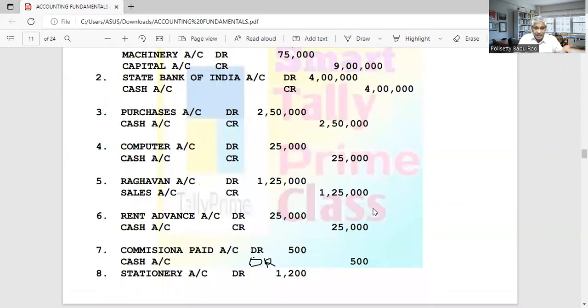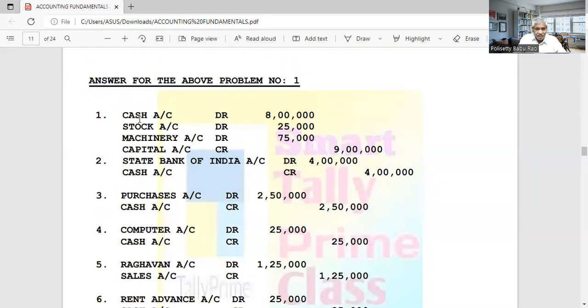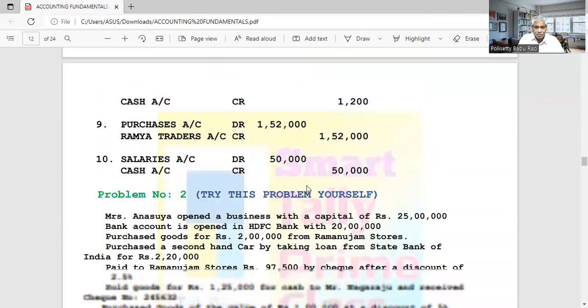Suppose you want to write journal entries in the same case: these are all debit, debit, debit. And in the case of credit, we leave some space and write "To capital account." We don't write credit or CR; instead of that, before the capital account, we leave some space. To start with, to capital account 9 lakh. That's all. This is the form of journal. Debit and credit are decided like this. Understand? So this is the problem.